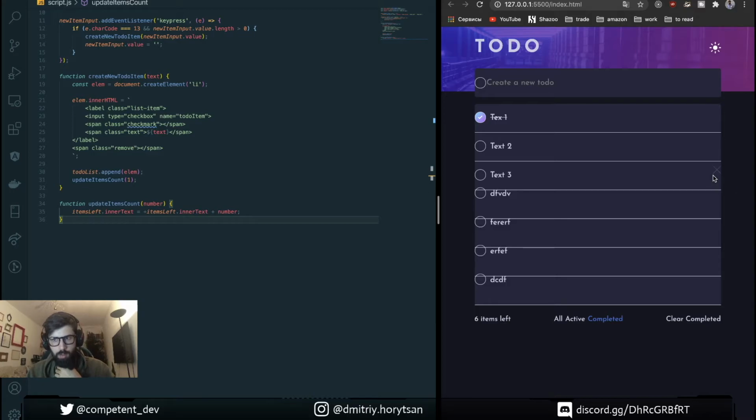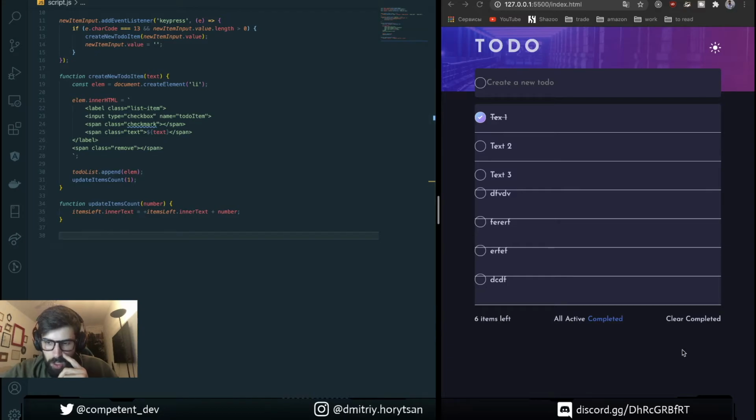The next step will be to implement what? Remove. Let's do remove. Once we click the icon remove, we need to find out the parent of this icon and remove it.